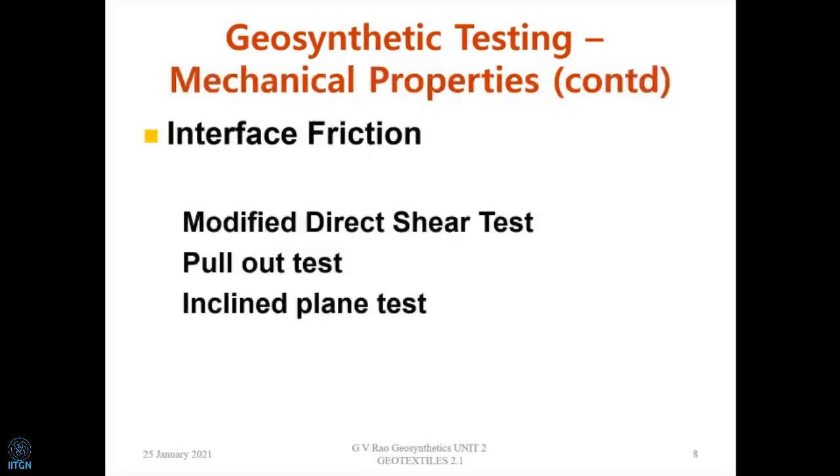The second kind of mechanical property is the interface friction. After all, friction and tension are the basic principles on which we design the structure. About this, we will come to in the class I am going to start with, the principles of reinforced soils. Without friction, we can't construct a structure. For any structure to perform, we need both the tensile strength and the friction, which comes into the picture to transfer the earth pressure onto the geosynthetic. So interface friction is very important.